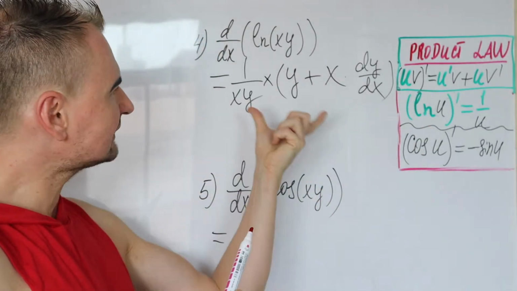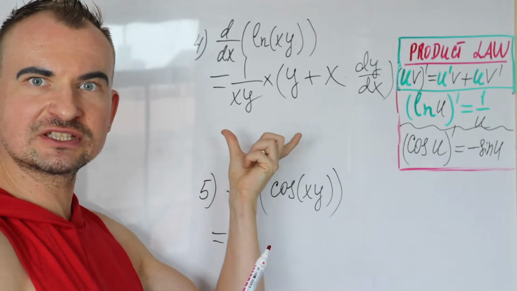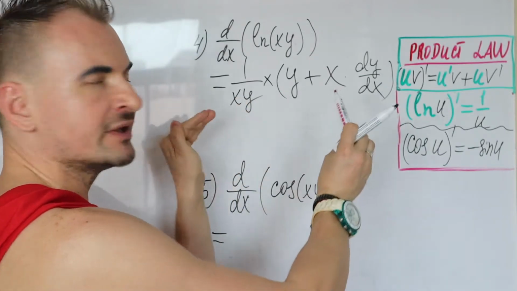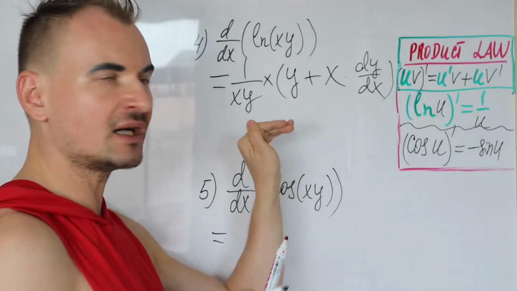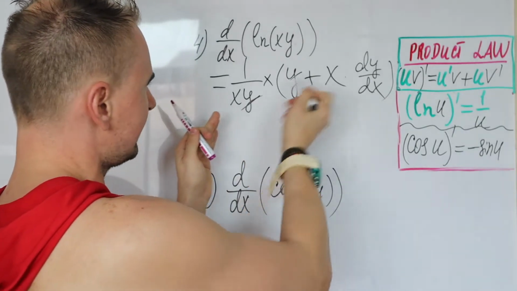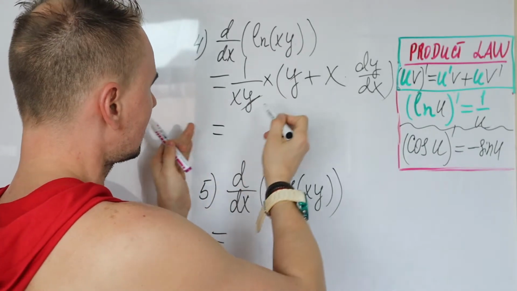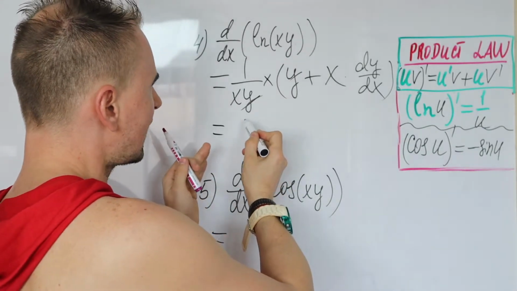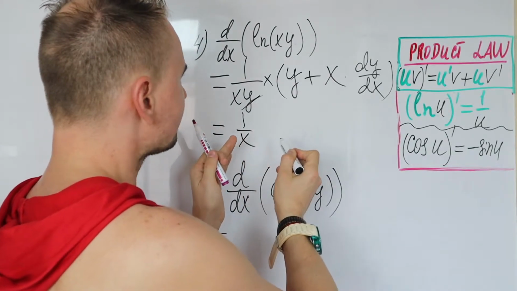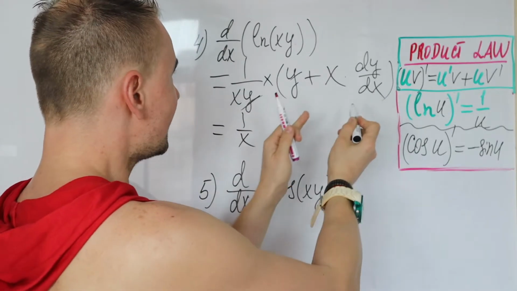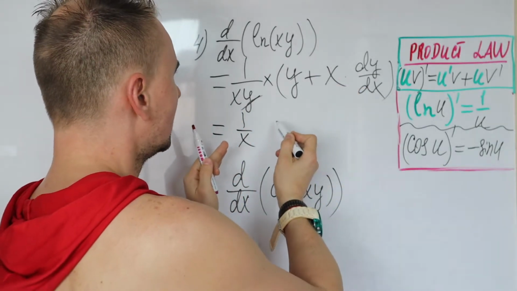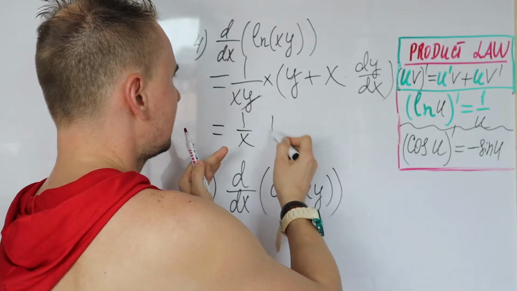But because you have y, dy/dx. At this stage, I would simplify it down, because when you remove the parentheses, y and y in this case cancel. So you would end up with 1 over x. And for the second one, the x's would cancel. So plus